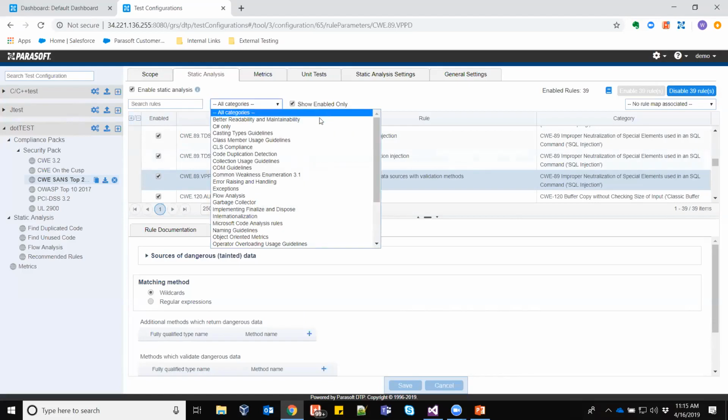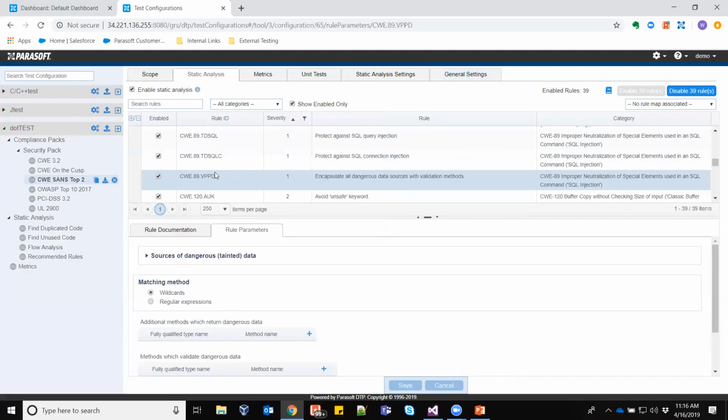You'll notice here we have a drop down of different categories you can filter by. And you might notice here there's categories that are beyond just security. And that is because Parasoft's approach to security is to implement it as a quality process that the developers are following. So many of our customers will also enable other rules that fall into finding bugs and many other different categories, garbage collection, etc. So from here, once I've got this rule set defined, this is shared for the development team to then take in and use.